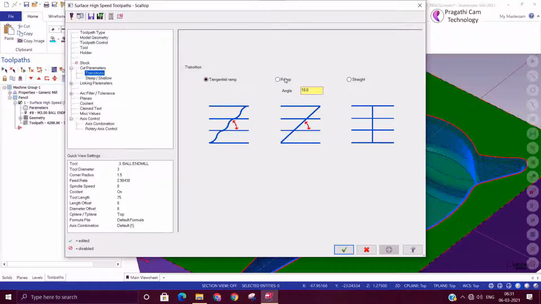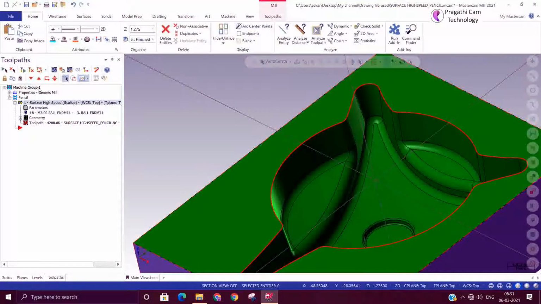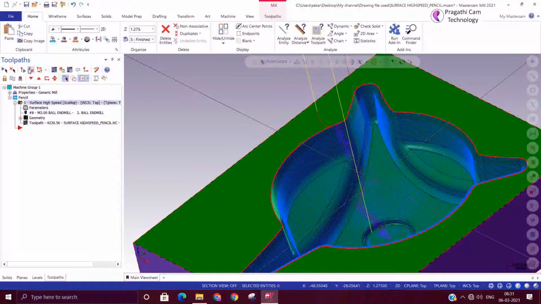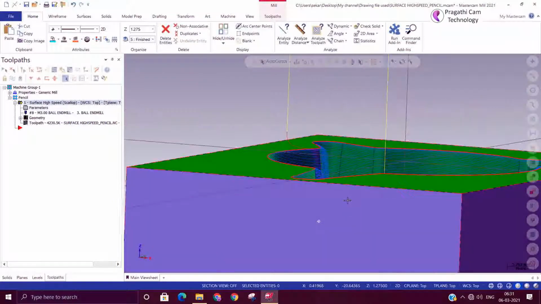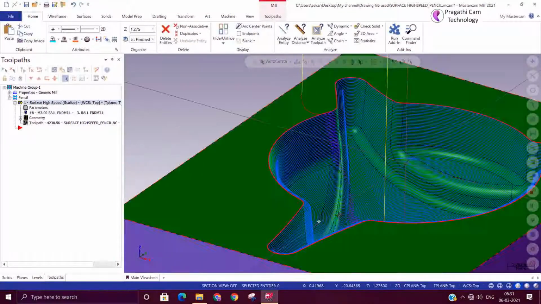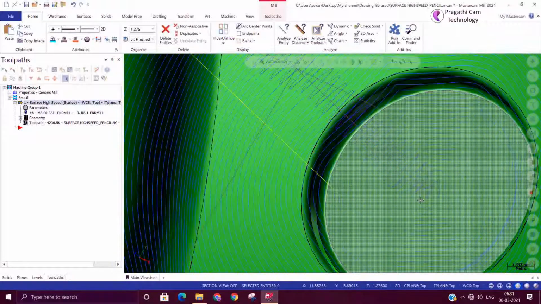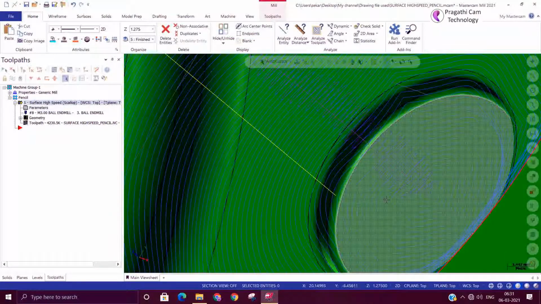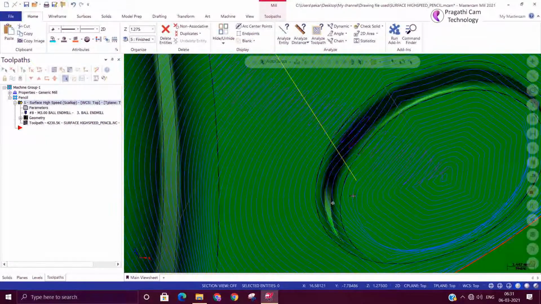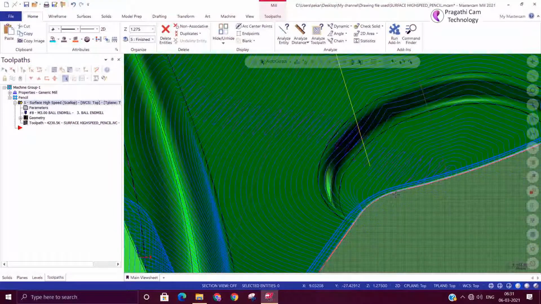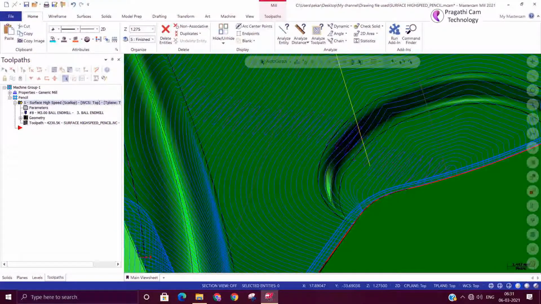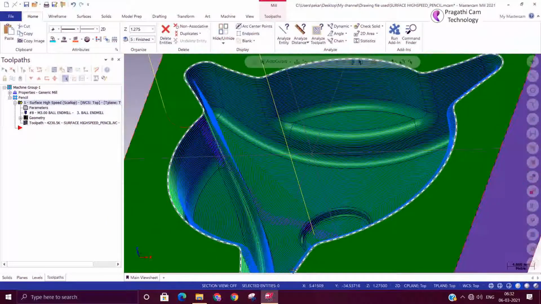If you want to change the transition between the surface cuts to a ramp, you can see the ramp transition here. You can see the tool entry and tool exit. This is the exit angle in the green color line. You can see it in the entry also.